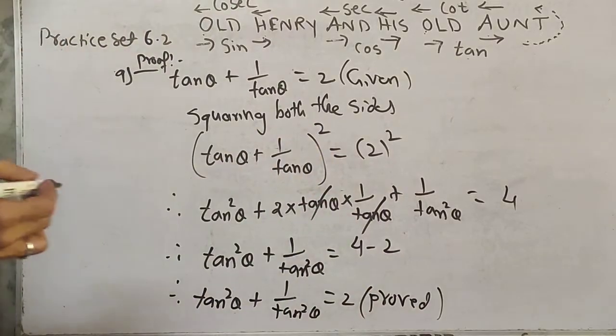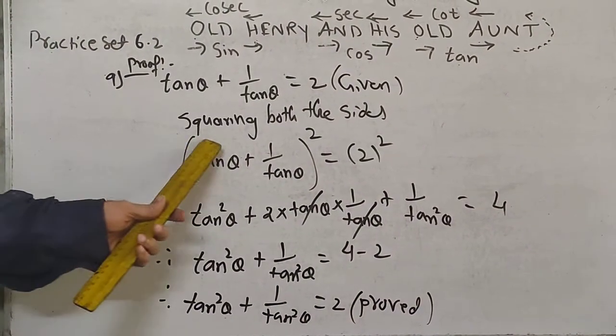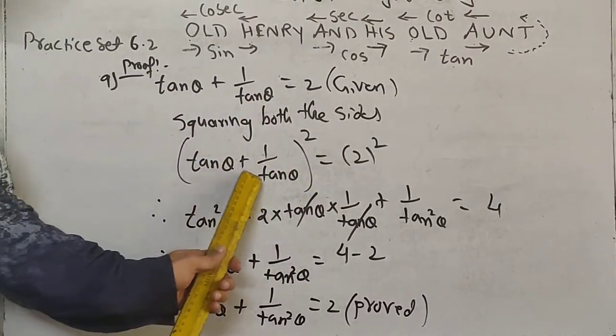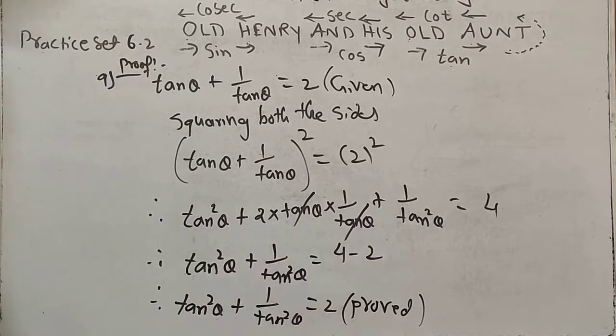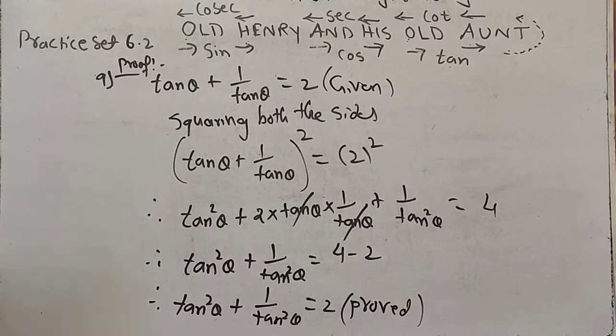See, very easily you can prove the sum. Very simple sum. Only you have to do the squaring on both the sides. When you square it, you will get a plus b the whole square, which you write in that form. Then you will get the answer. Please copy it down.